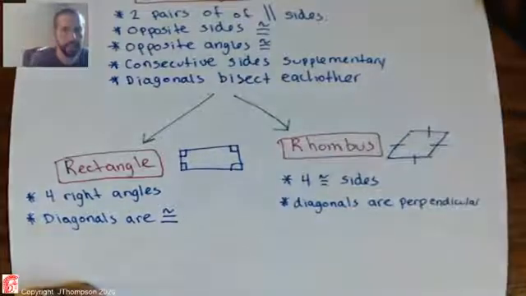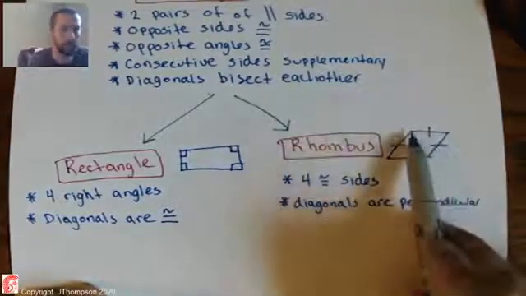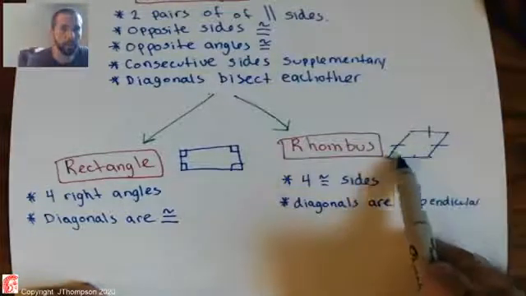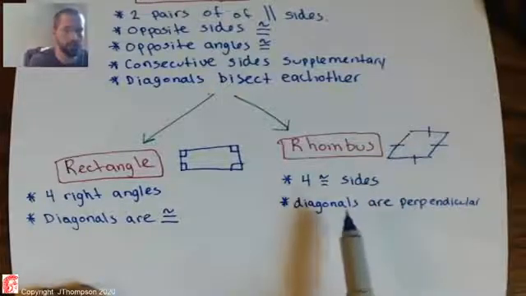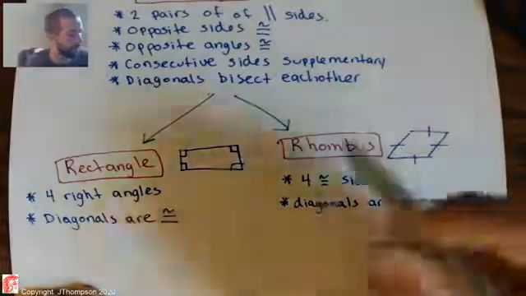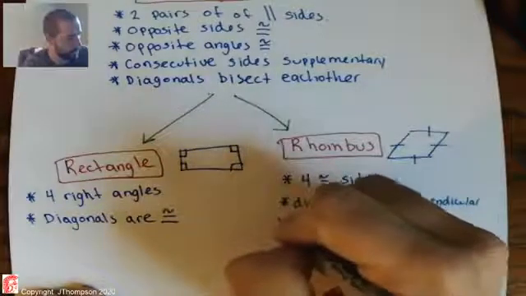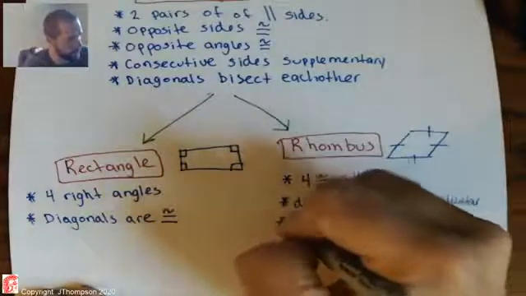Which means they intersect at a right angle. So if I was to draw this diagonal, and then I was to draw this diagonal, they would intersect at a 90-degree angle, which is only true for rhombuses. Okay, and then the next special thing is that the diagonals